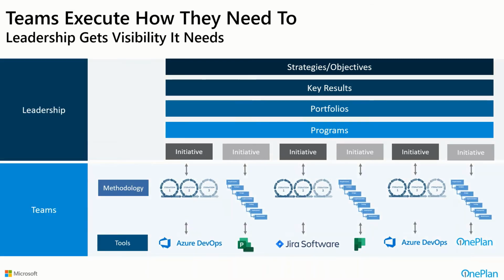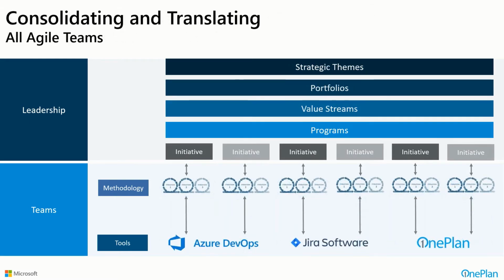The key here is that teams, to be effective, need to have the proper tools and approaches that are most conducive to the projects that they're working, but leadership still needs the visibility it needs in the increments and the components and entities that they need to see it in. And this doesn't change even if everybody gets to be fully agile. Just say for a moment that somebody does go fully agile and is doing everything all iterative. Maybe they roll it up a little different through programs and things like value streams, for example.